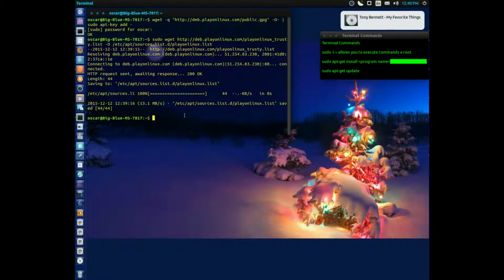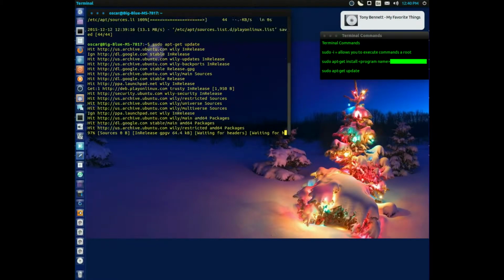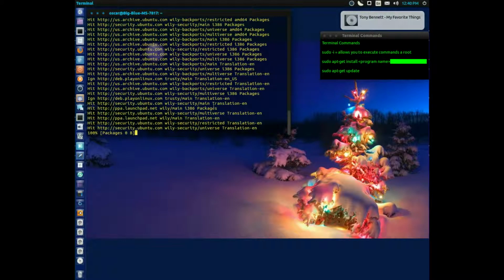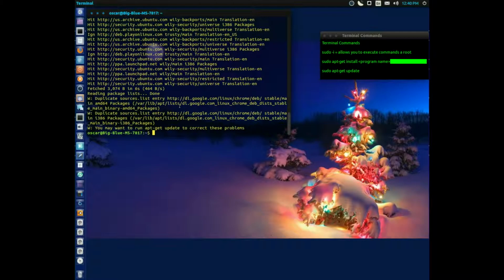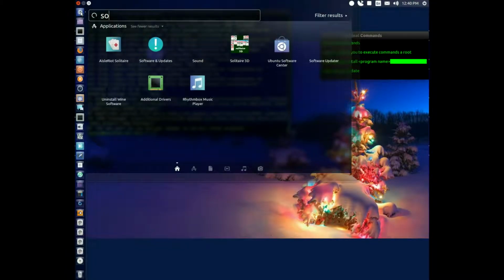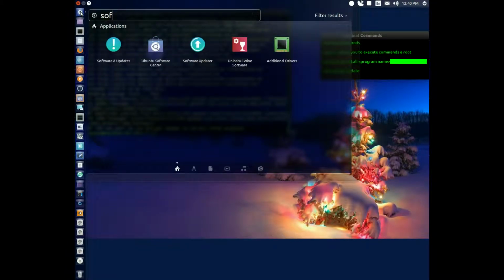So I'm going to press update and it's going to update my repositories. And here we go. Let's just wait a second here. And let's see here. Fantastic. One of the repositories here for Chrome is no good, so I have to go into this right now. I'm going to press software. And this is great that this happened, because